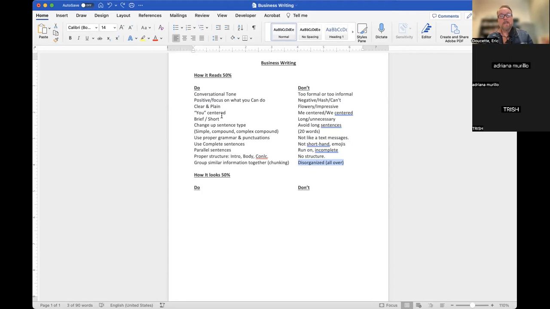So we'll look at that, how it looks. First off, the do's. Very important. You should only use single spaced paragraphs in business writing. Now, this is a big shift from essays, because essays were always double spaced. In business writing, it's single spaced paragraphs. They're little chunks of information. Short paragraphs, as I'll say next. Short paragraphs, single spaced paragraphs, little chunks of information.